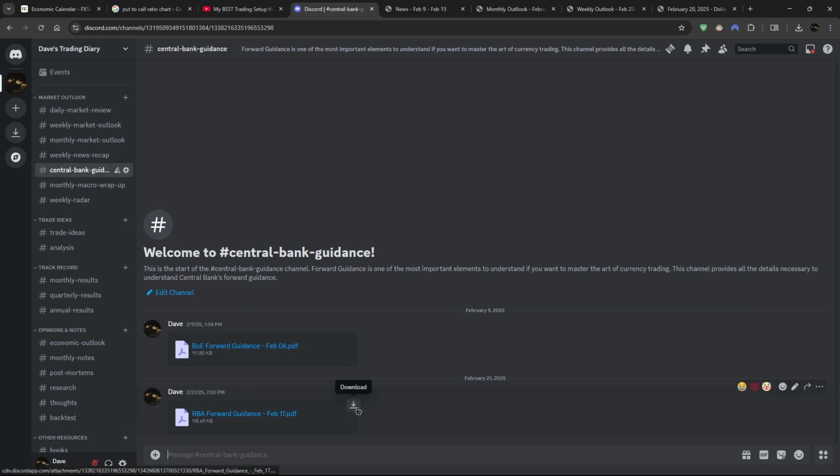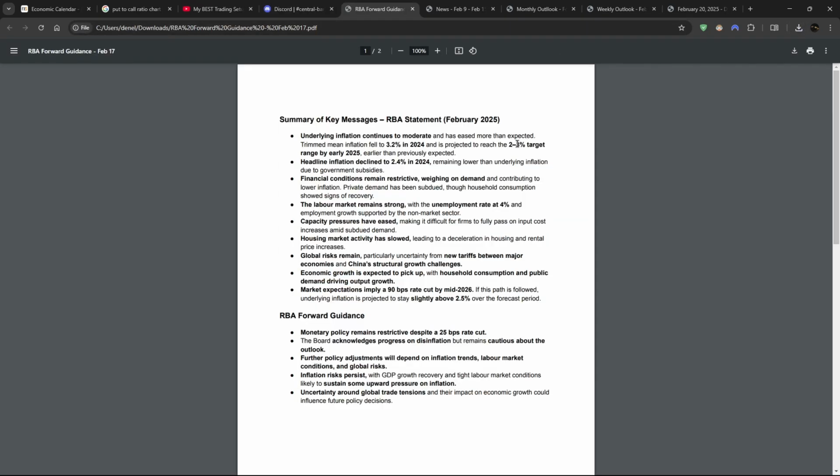So is forward guidance by central banks, which is really important. Forward guidance alongside interest rate decisions and balance sheets. Those are really the most important things to understand if you're a currency trader. So forward guidance, I